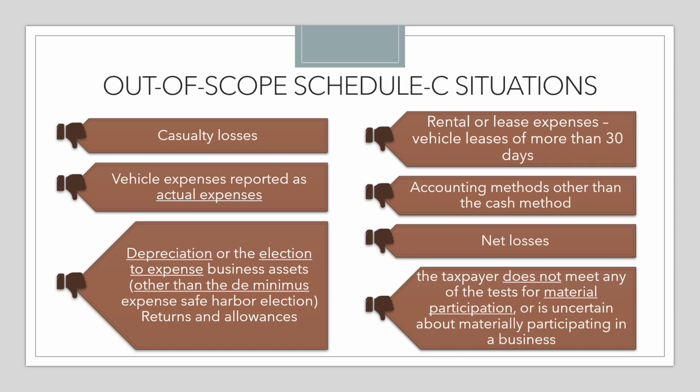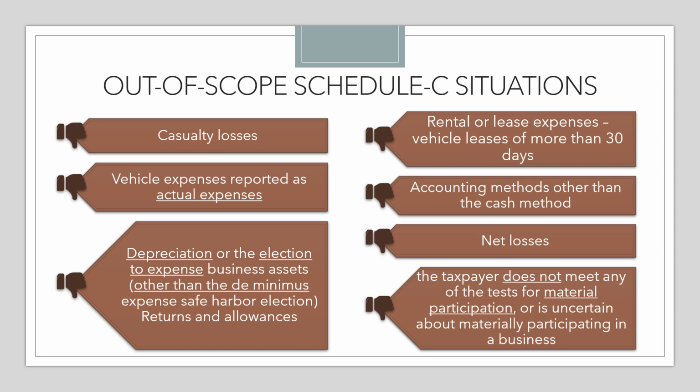And in our next lesson, we'll talk a little bit more about vehicle expenses. We can help people with the standard mileage rate if that's what they're taking. But if they're actually keeping receipts and trying to deduct their actual vehicle expenses, that's going to be out of scope for us. And then, as we discussed before, depreciation or the election to expense business assets, and that's other than that de minimis safe harbor election,